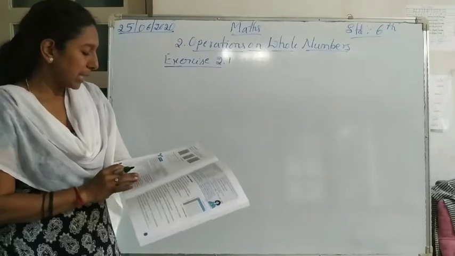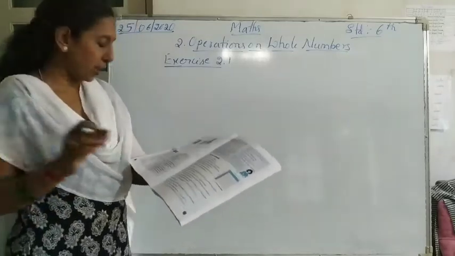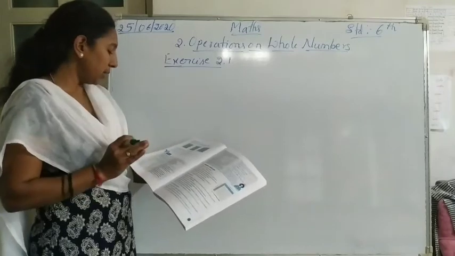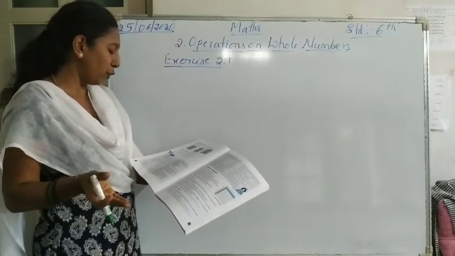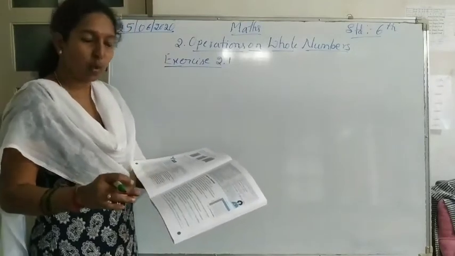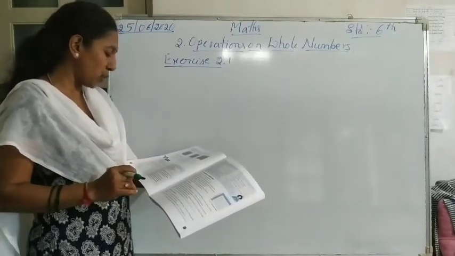Next one is associative property. So here you have to write the continuous numbers, means 3,854 plus 54 plus 389. So in the blank what will come? 54 will come. Like that, next also you have to solve it.